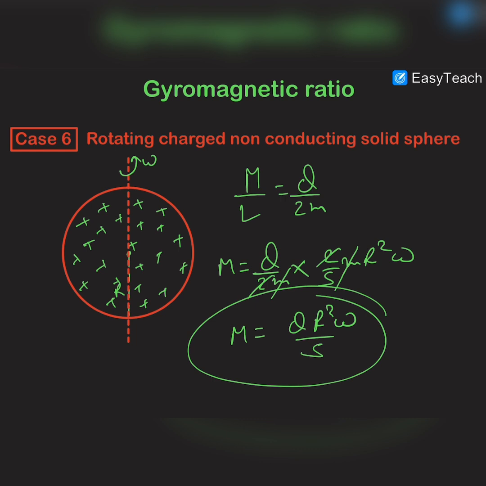So the gyromagnetic ratio is the ratio of magnetic moment and angular momentum of any charged body that is rotating about some axis, and this ratio will always remain constant at q by 2m, provided that mass and charge distributions are either uniform, or if they are variable, their distribution equations are exactly the same. Then q by 2m will be constant for all types of charge distributions and mass distributions. So this is called the gyromagnetic ratio.